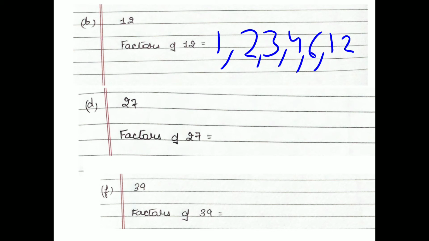Clear? Now see, after the 3 table it comes to the 4 table. So 4 threes are 12, and now again the factors are repeating, and I already told you we can't repeat the factors. So we will stop now. All these are the factors of 12. So is 12 a composite number or a prime number? It is a composite number. So we write here composite.